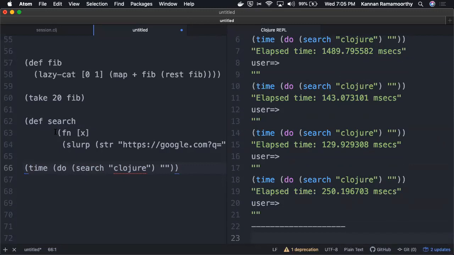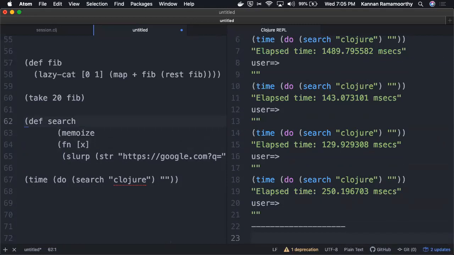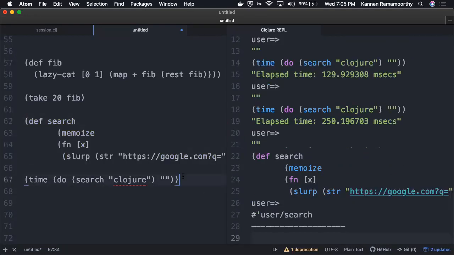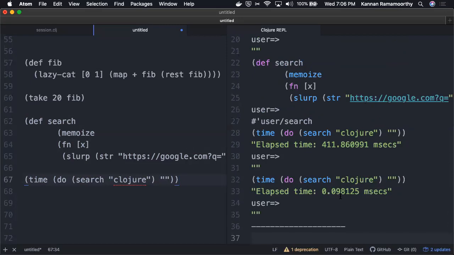So I'm just going to add one keyword here and redefine the function. When I call it again, it takes 411 milliseconds. On the consecutive call, it takes less than 0.1 millisecond.